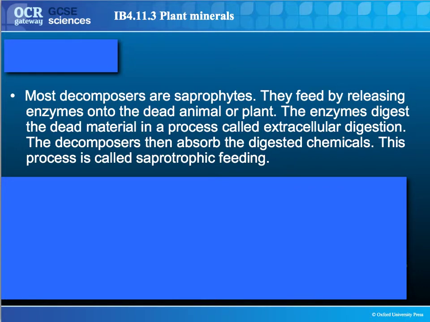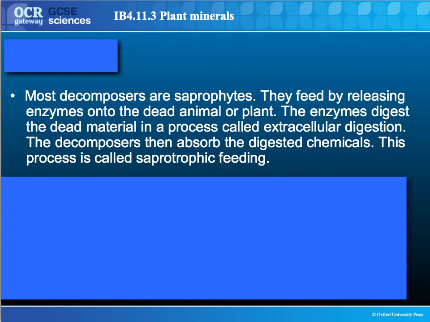Saprophytes feed on dead plants and animals, and they do this by secreting or releasing enzymes outside of their cells. The enzymes digest the organic material outside of the cell, and then they can absorb those digested chemicals into the cell. This is called extracellular digestion. The extra means outside of the cell. Now, this whole process of releasing enzymes, breaking it down and absorbing it back into the cell